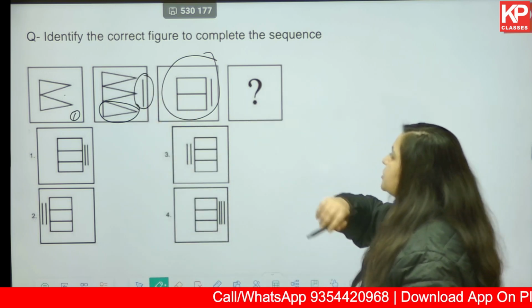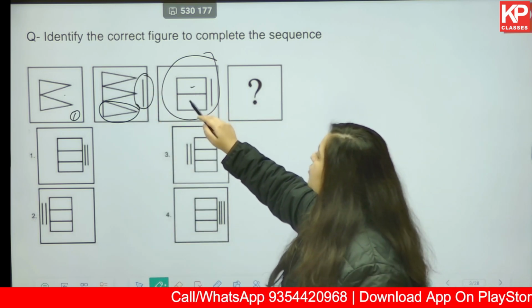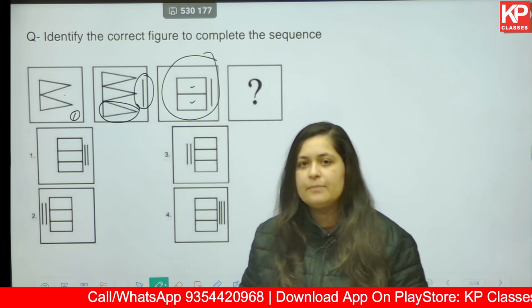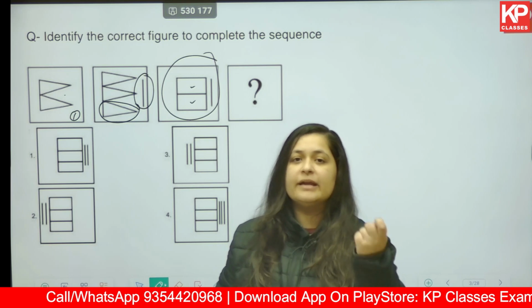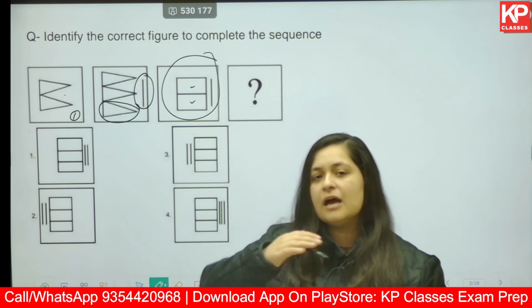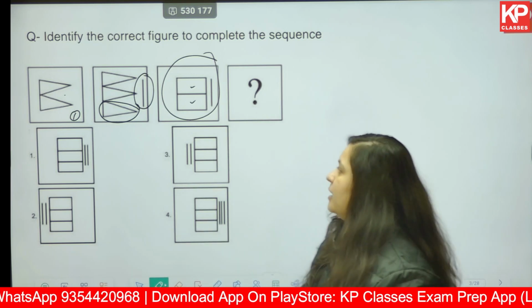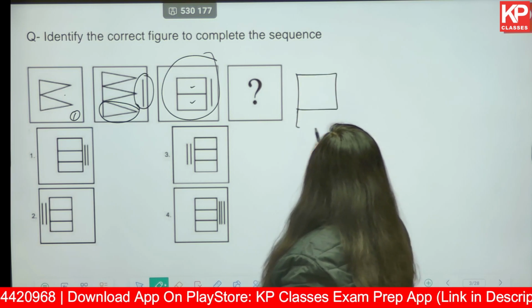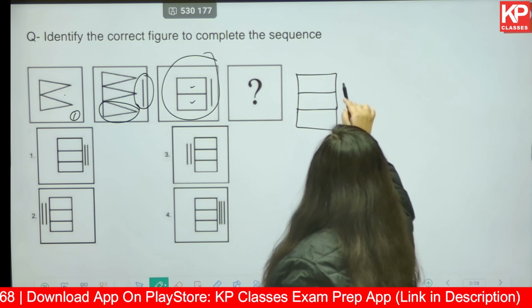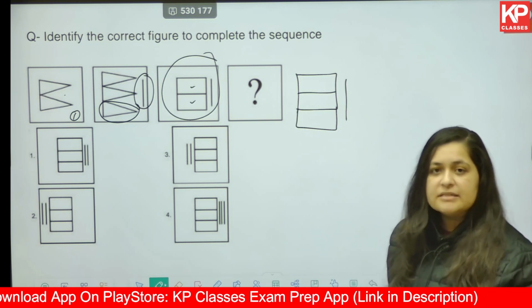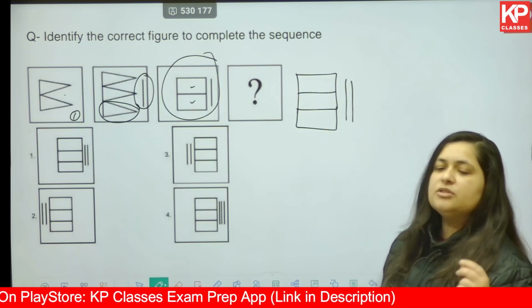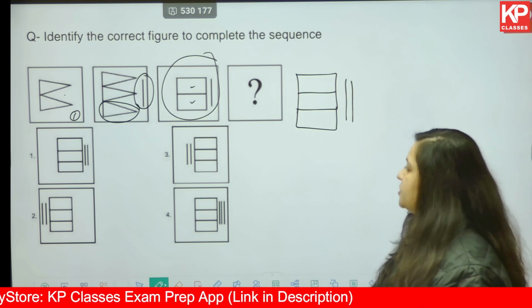Okay, now the question that has been given to you is 2 rectangles and then one line is there. So what should be ideally happening? The component, that is a rectangle, should get added, along with that another line should get added. So you have 2 rectangles, instead of 2 rectangles you should have 3 rectangles, and then one line is already existing, you need another line into this. So 3 rectangles with 2 lines should be the ideal answer for this question.